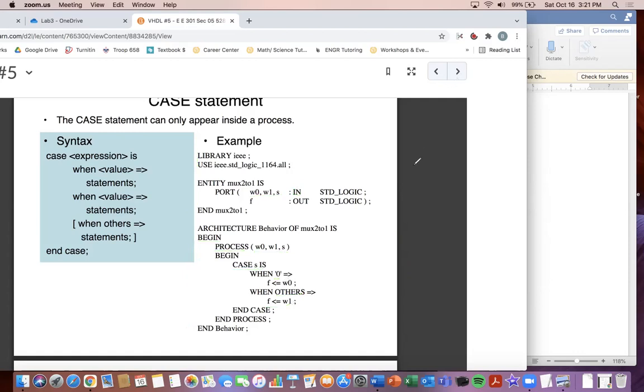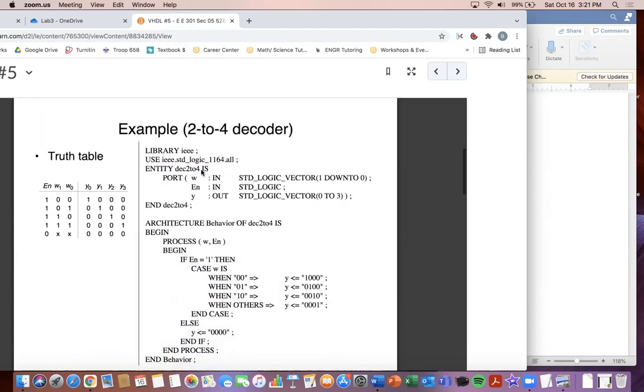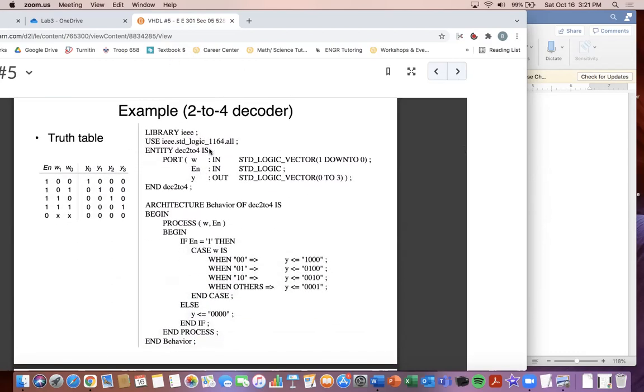Okay, now that we talked about that, let's get into the other parts. So, 2 to 4 decoder here. Remember, decoders have an enable pin, a special little nuance about them. And what we do for decoders is discuss how we can represent this in code with case statements. Exact same thing that we talked about before, all the ports here, we know how to do this. The only difference is here, if enable equals 1, that means it's actually decoding,